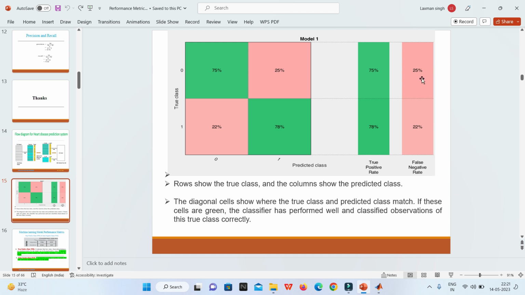False negative means 25% of the cases belong to the positive class, but these 25% of the cases have been identified as negative by the machine learning model. And for class 1, 22% of the cases have been identified as negative, while these 22% cases belong